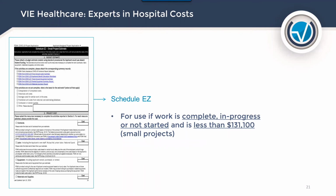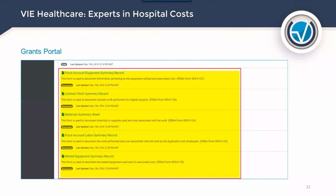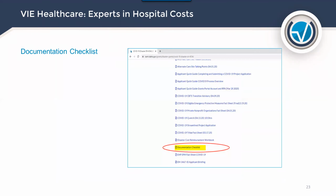And there's a Schedule EZ. It's for use if work is complete, in progress, or not started, and it's less than the $131,100 mark, and that's for small projects. Again, in the grants portal, you'll see these documentations. You'll have the contract work summary, material summary. These are all in that portal. You'll have a documentation checklist,